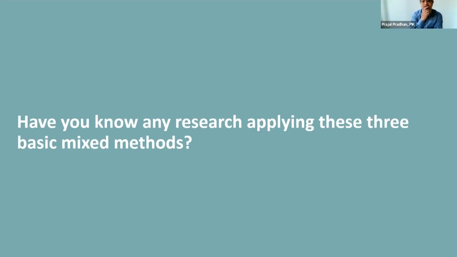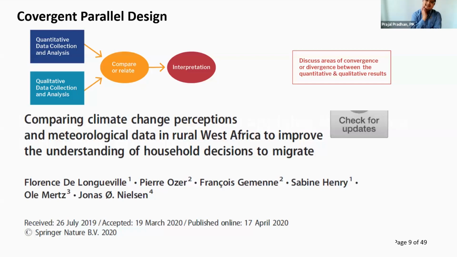Is there any example of a parallel design? Mainly using both qualitative and quantitative approaches together. Does anyone know such a study? Not using quantitative and then qualitative analysis in sequence, but comparing qualitative and quantitative analysis. What I like about this parallel design is one of the examples: